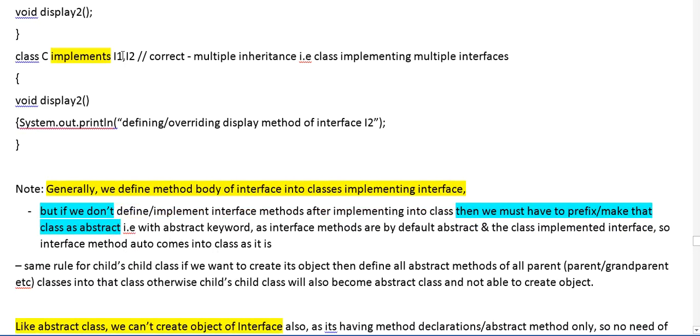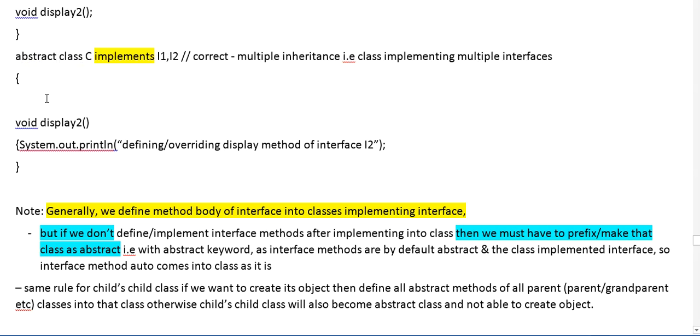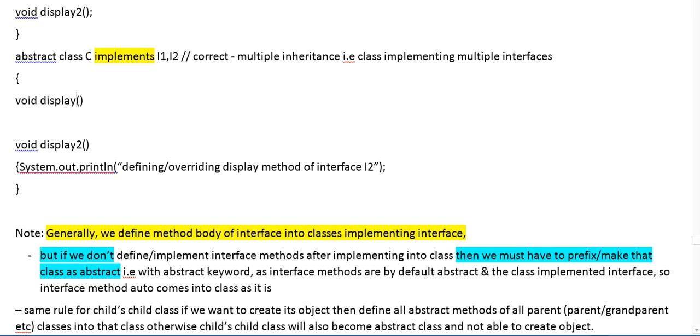And we have implemented this I1. Okay, so automatically the display1 method is coming into class C. Although we have not written it, the abstract method is already there internally in class C. So we will have to make this class abstract, because although it is not visible, we are having this method internally, because we have implemented I1.